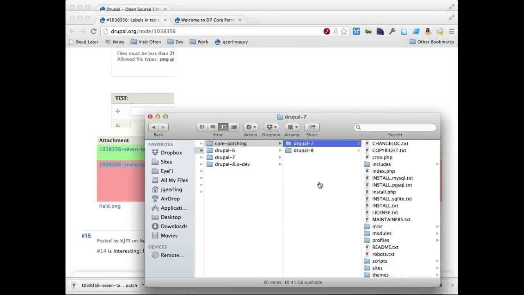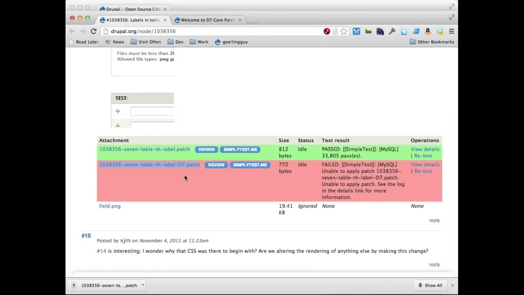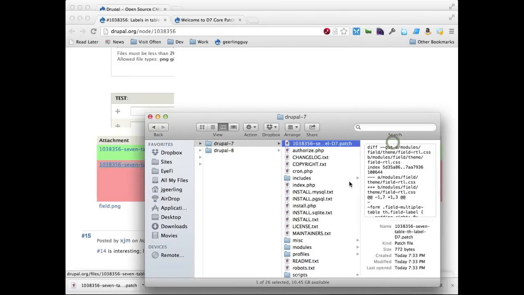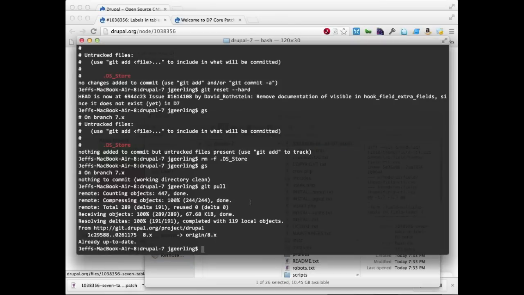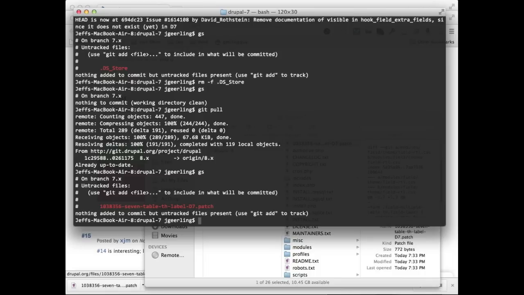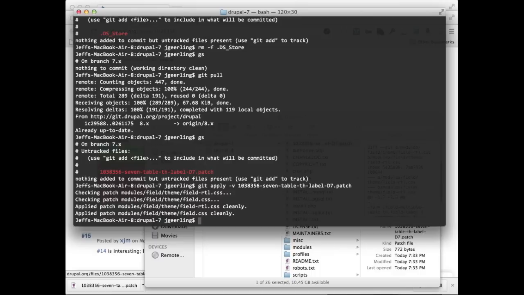And then, what is it called? 1, 3. Okay, so here it is. And then I'm going to go into my terminal here, and I just use git apply, and then I like seeing the output. And then is it 103? That's it. So I use git apply, and then it looks like the patch applied correctly. So now that that's done,